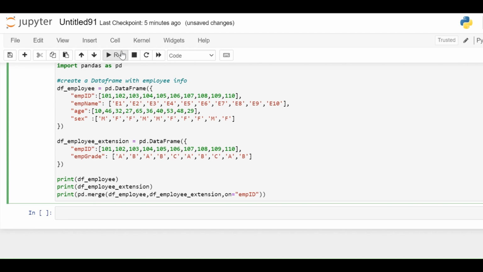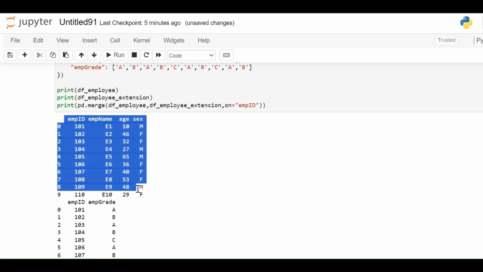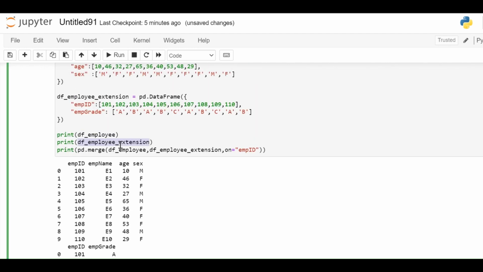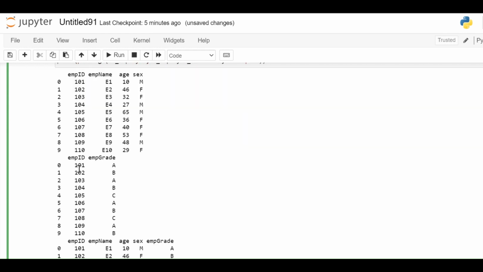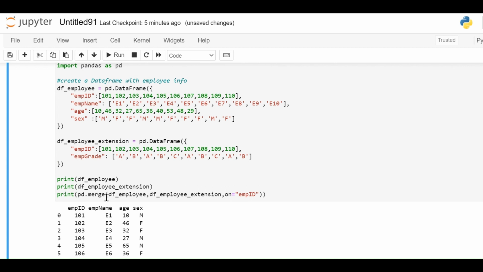So when you run this, you can find this is our first emp id, df_employee data frame. This is our extension to this, df_employee_extension, with two columns. When you try to merge it based